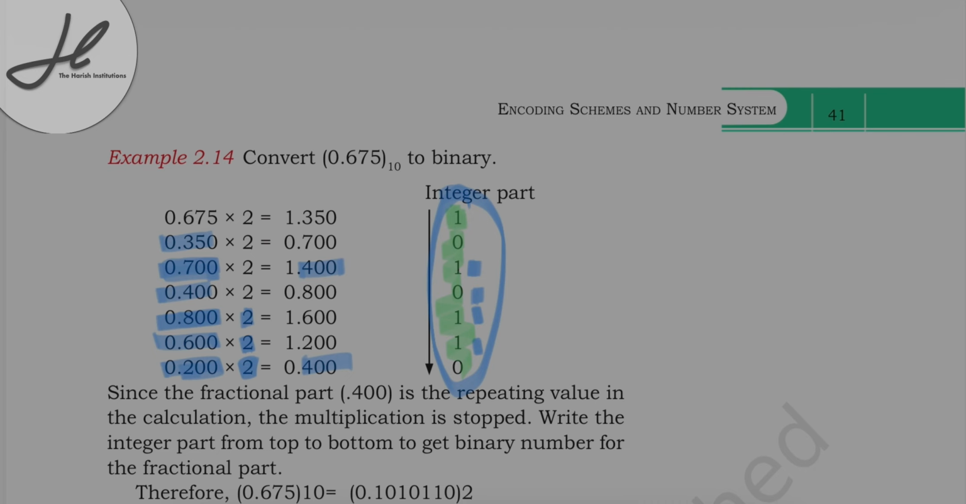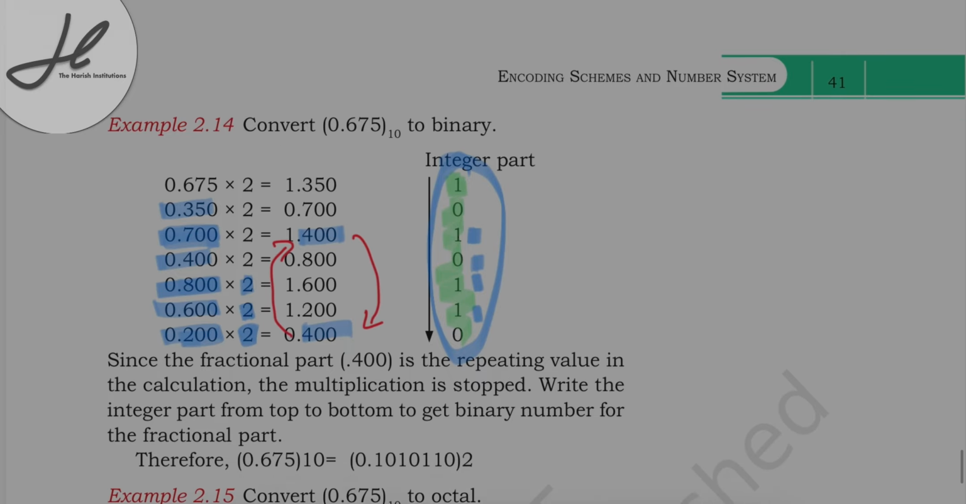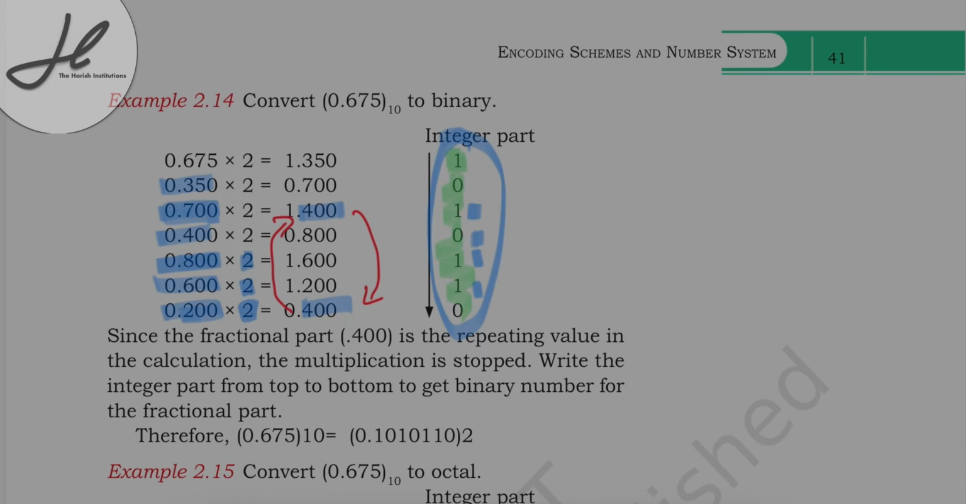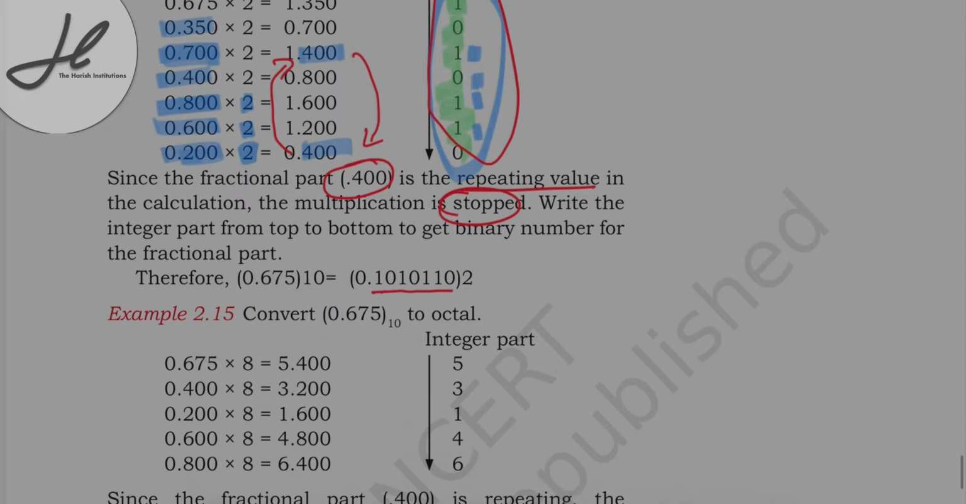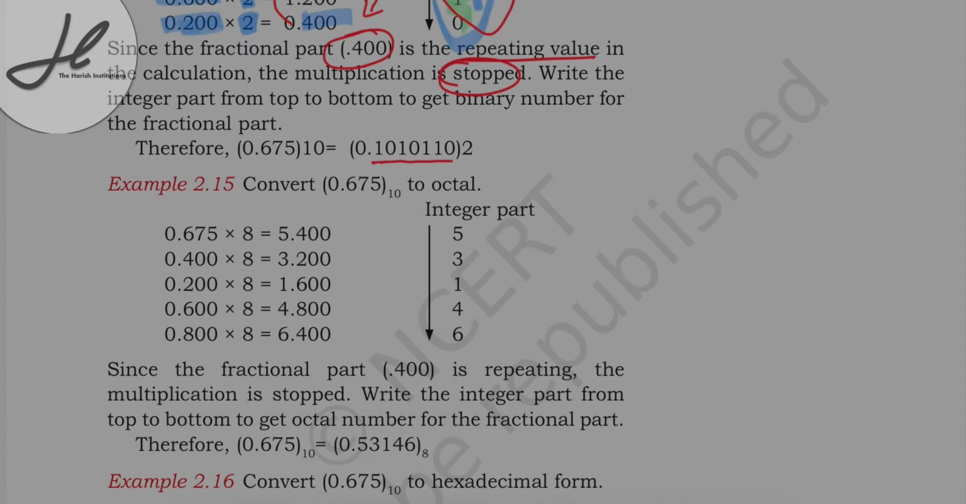मतलब ये कैलकुलेशन यहाँ से यहाँ, यहाँ से यहाँ लूप करती रहेगी अब। ओके, सो ये कभी खत्म नहीं होगी। फ्रैक्शनल पार्ट जो है इसकी रिपीटिंग वैल्यू है, इसलिए हमारी मल्टीप्लिकेशन जो है स्टॉप हो गई। अब जितना हमें इंटीजर पार्ट मिला हम इसे लिख देंगे फ्रॉम टॉप टू बॉटम। सो 1 1 0 1 0 1 1 0। ओके, सो दिस इज हाउ वी कैन कन्वर्ट।